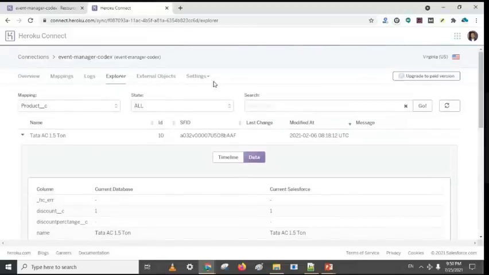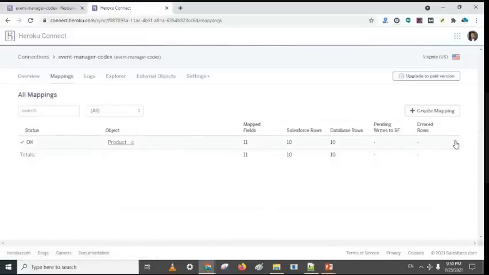And we have other settings in the mapping. If you want to reload the complete data once again, you can use the reload feature. It will delete all the data available in Postgres and reload the data from Salesforce. All the data will come again. Poll now: if you want to refresh your data on an immediate basis, you can use this button. Abort stops whatever process is going on. You can also do these in Postgres Heroku Connect for polling your data.